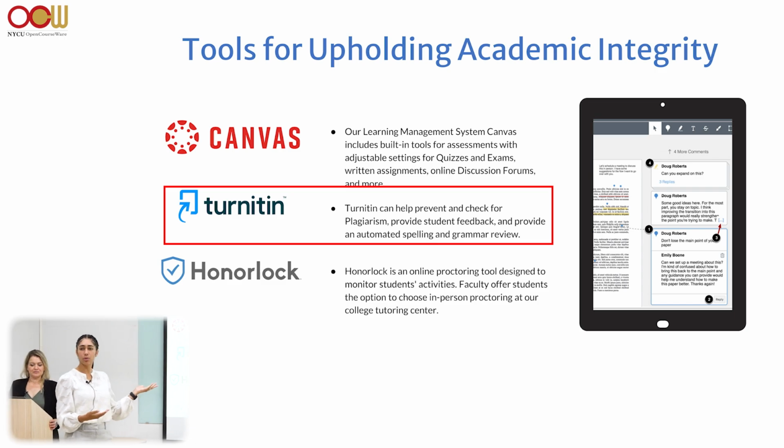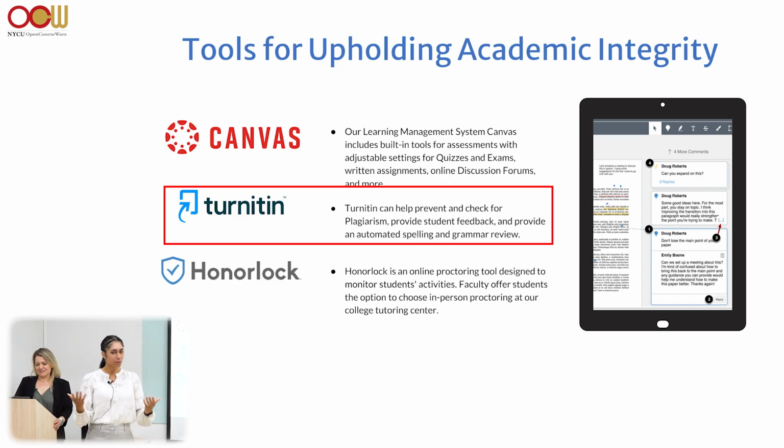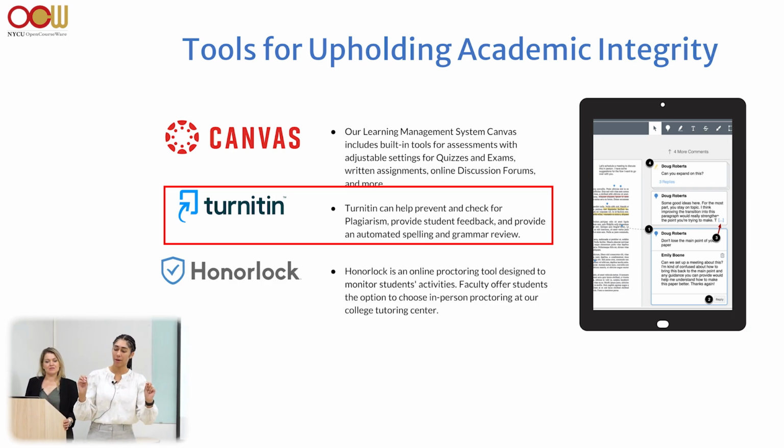Next, we use a tool called Turnitin. That is like a plagiarism detection tool. Again, we like to think of these tools as not the solution for securing your exams or your assessments, but really they work well when you pair them with policies that are clear. So if you explain to students, I expect you to cite your sources. You have to give credit to the person whose research you are referring to. If you're clear about that,